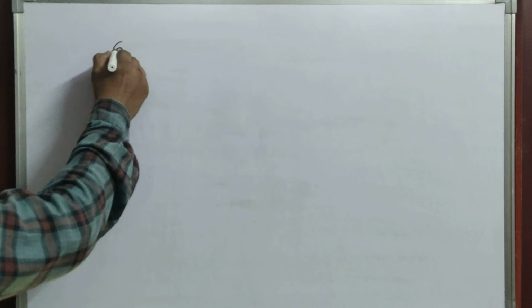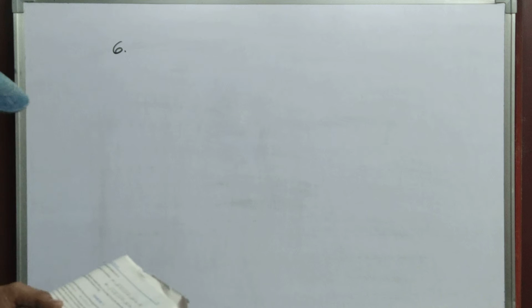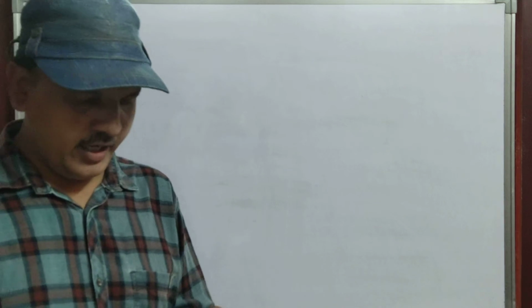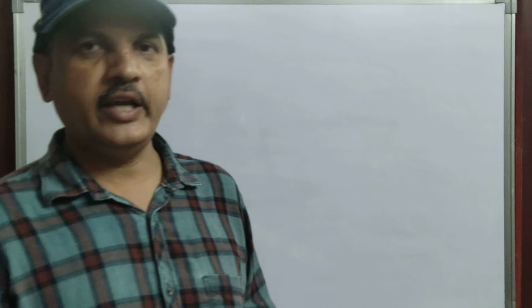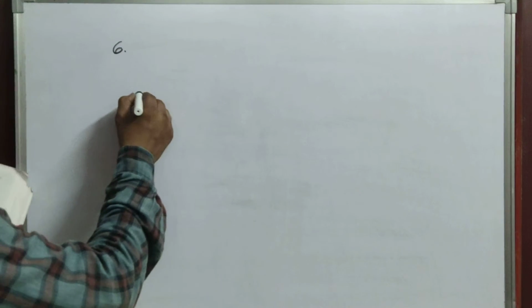Now coming to the sixth question. Here, if you clearly observe, it says: name the type of the quadrilateral formed, if any, by the following points and give reason for your answer. Here they gave 4 points for each question. In the 6th question, there are 3 sub questions. In that, the first question has 4 points, the second question also 4, and the third question also 4 points. First question I will explain how to do.